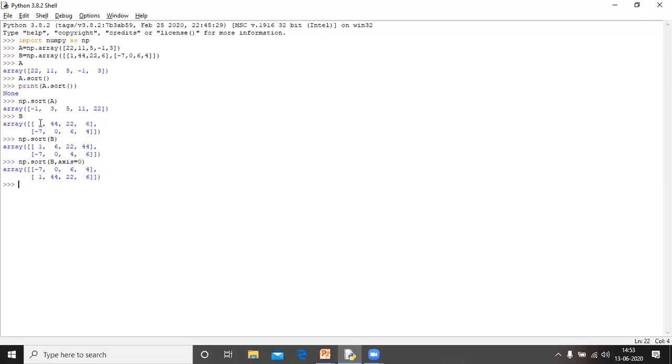It means this one is converted. The first one is 1, minus 7. It means this is sorted. Again this one is sorted. It means if the axis equals 0, it means column wise.